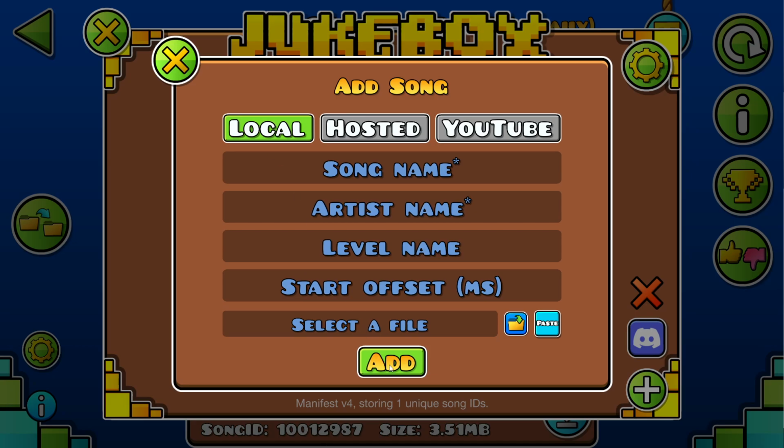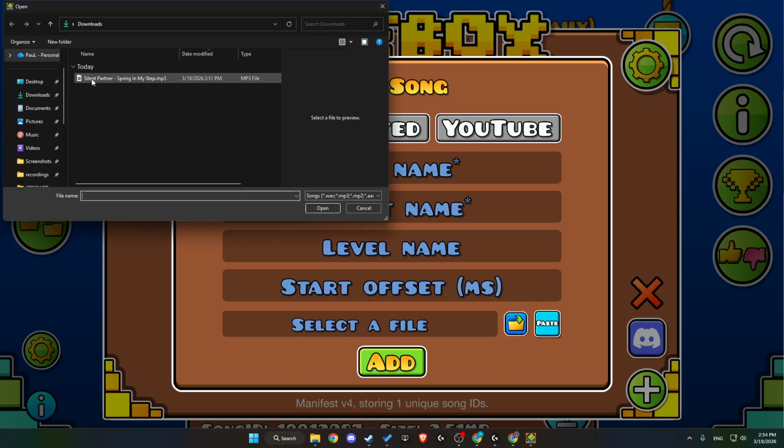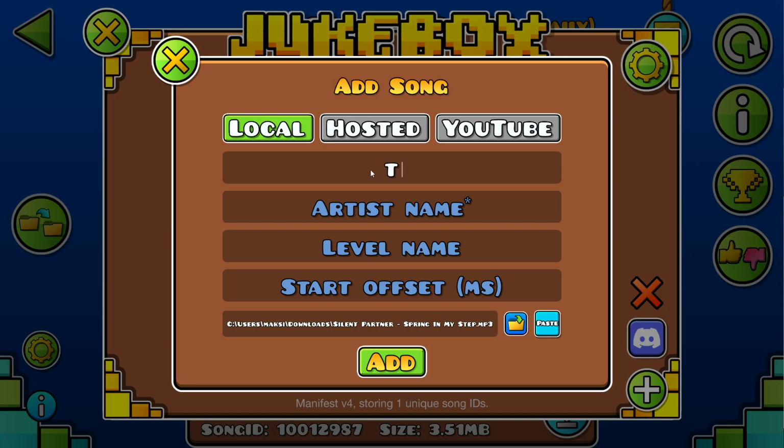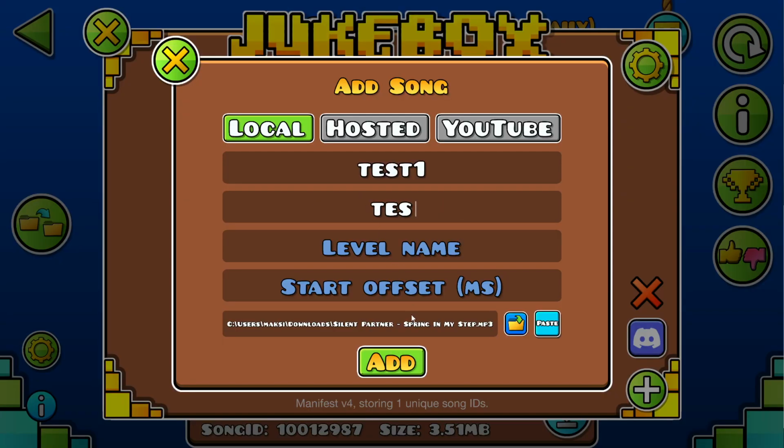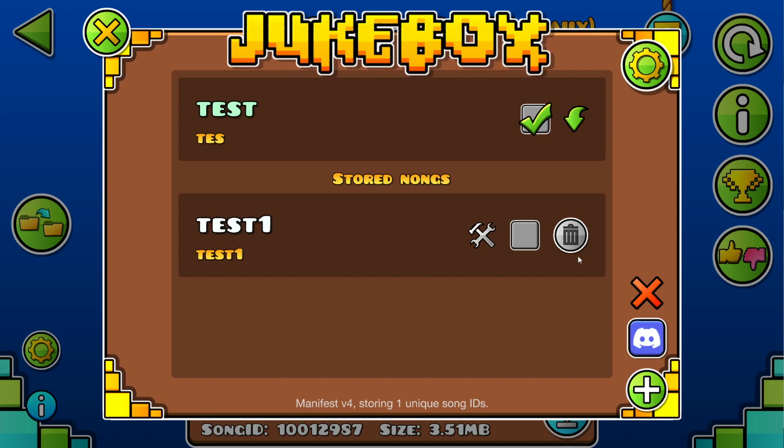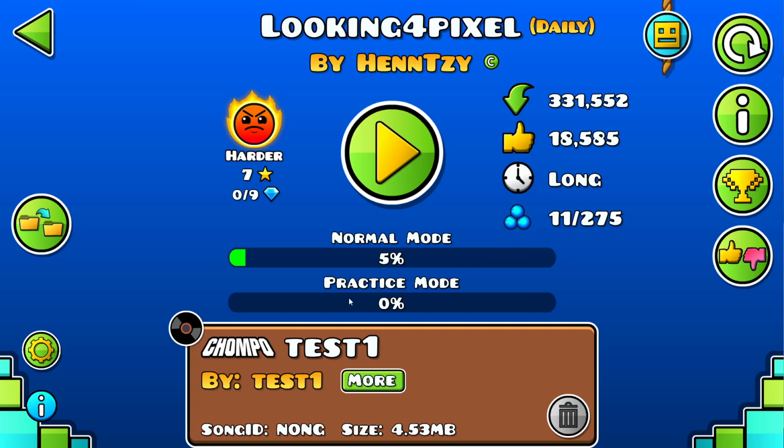On the local, press add and add a particular file, right? Then you can give it a name if you want to and press add here. When the song is added, then what you need to do here is to select that particular song and